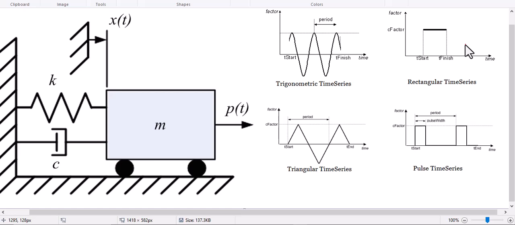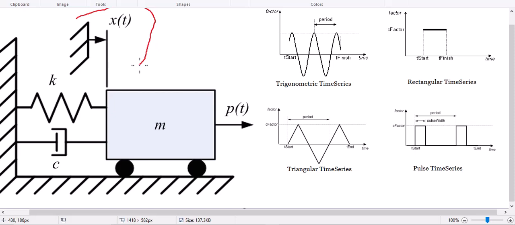Hello guys, my name is Salar Dilaver Qashqai, and in this video we're going to have an example about free vibration analysis of a single degree of freedom spring in OpenSees. You see guys, in here we have a single degree of freedom spring with initial conditions as an initial displacement, and